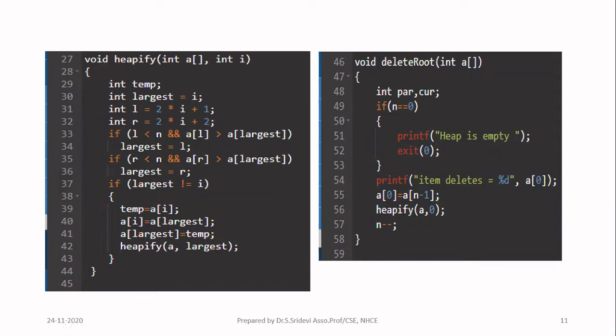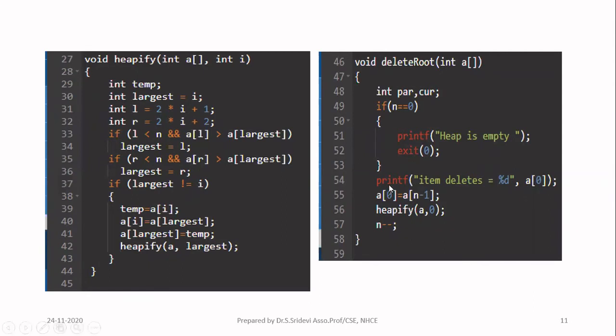Okay, when the index at which you insert your next element is 0, that means no elements are available in your array. So you print the message that your heap is empty and then you can return to the main function. If not, some element is present in the heap, so you can delete the element. Which element can I delete? Only the element which is available at the index 0.